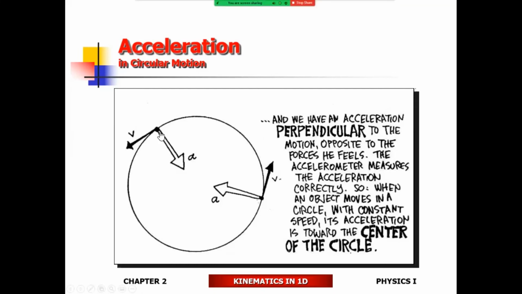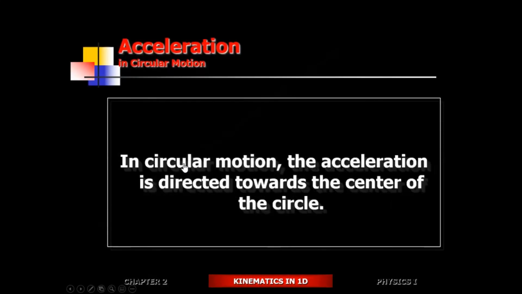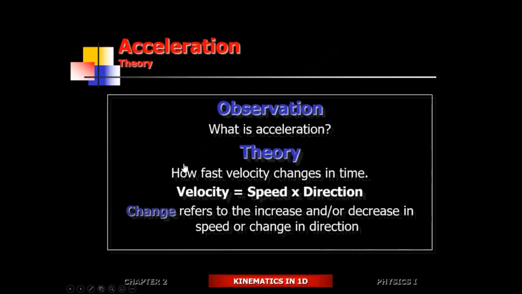So this guy, the medical doctor inside the centrifuge, was sitting up. It was an upright centrifuge, meaning he was sitting up with his back against the wall. The acceleration is directed towards the center, so the blood will be pulling away from the center towards the back of his head. Once again, guys, everything that I'm describing, these are test questions. The guy ended up passing out inside the centrifuge. The question is why? Because the blood was moving in the opposite direction of the acceleration of his body.